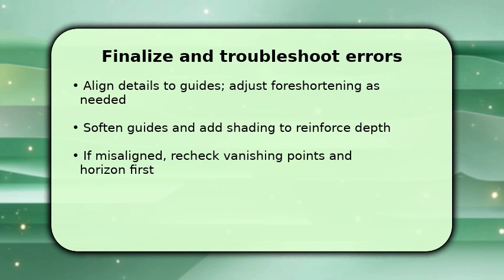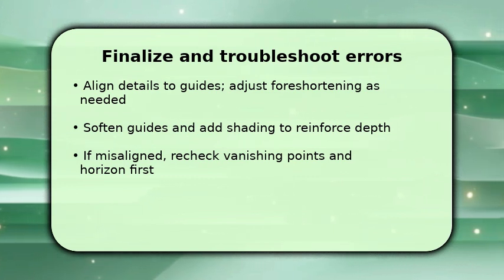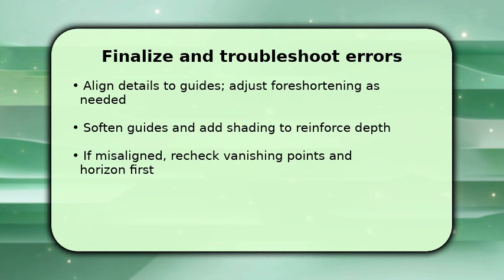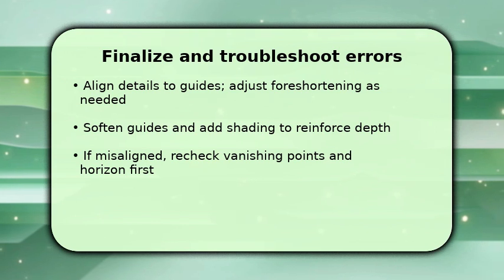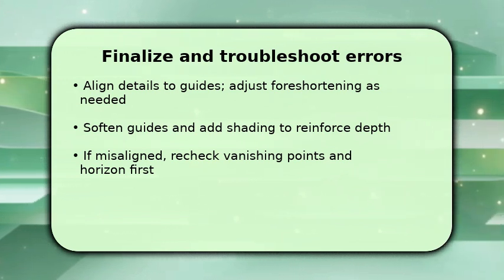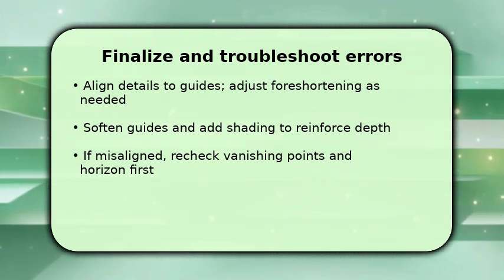If something looks off, don't panic. Check the horizon and each vanishing point first, then reproject key lines. Often a single misplaced vanishing point causes distortion. Make corrections, then simplify. Erase construction marks and